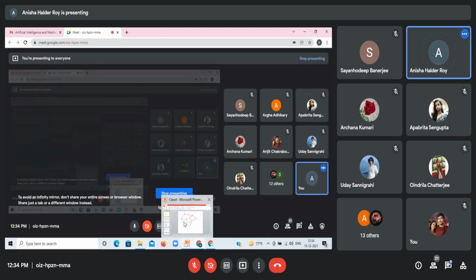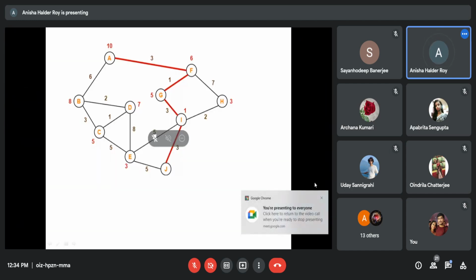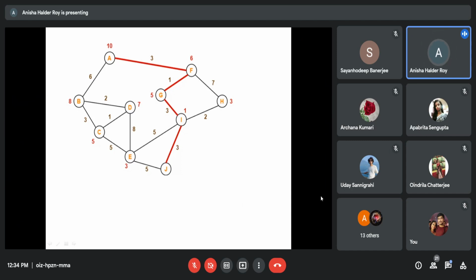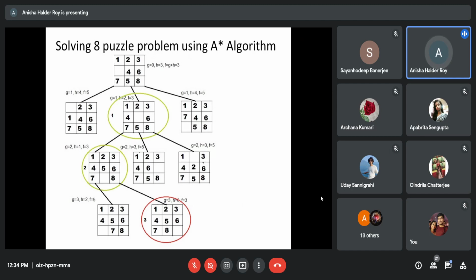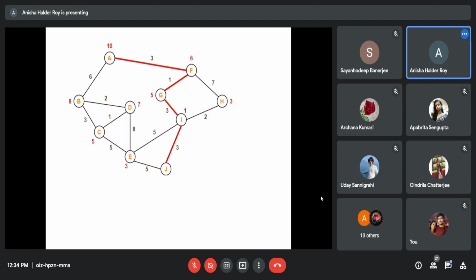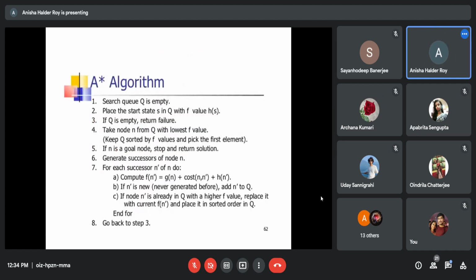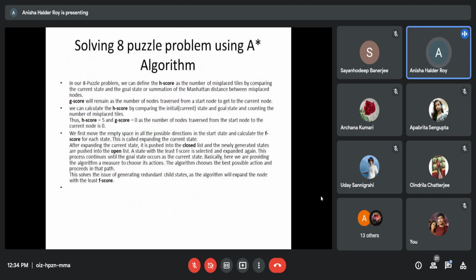So I think everybody has understood this A* problem, as this one is very important. Very important, and actually to understand this one is really very tough. It is not so easy to understand the A* problem. If you have understood it, that is very happy news for me. So this is the 8 puzzle problem, how to solve the 8 puzzle problem by A*.